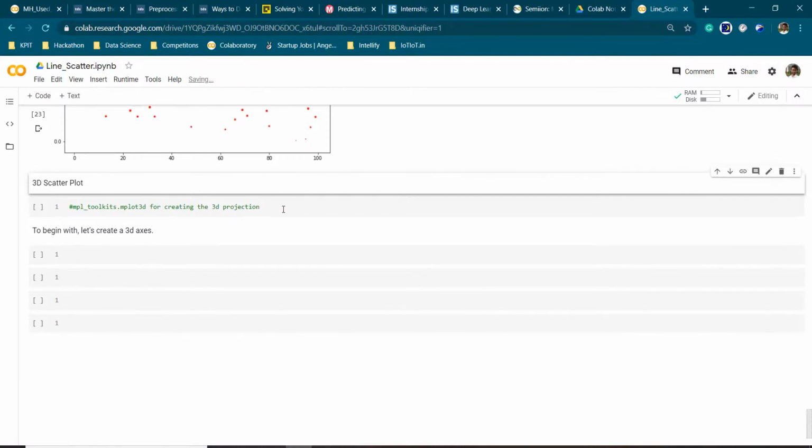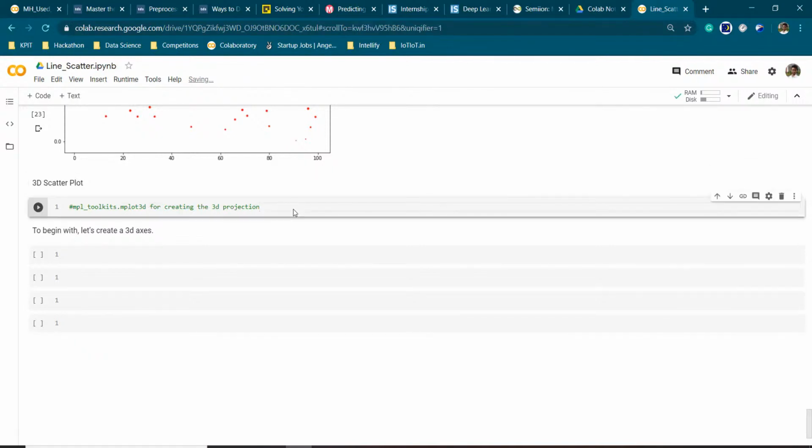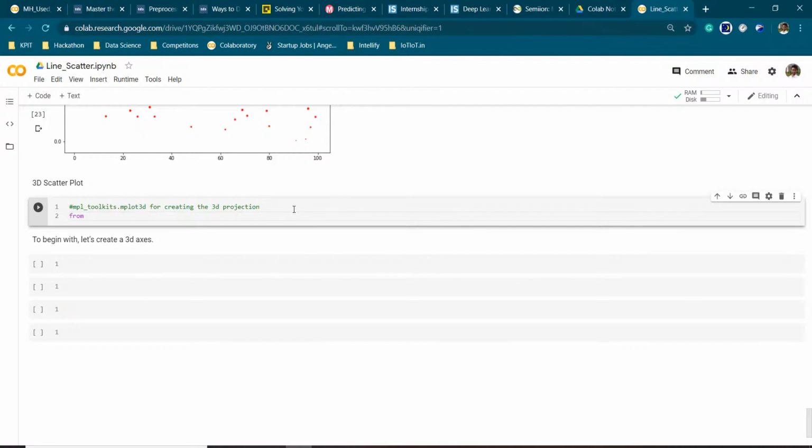For 3D scatter plot, there is another library, mpl_toolkits.mplot3d, for 3D projections. So let us see how we can import this one. We will start by importing this library by using from mpl_toolkits import mplot3d.